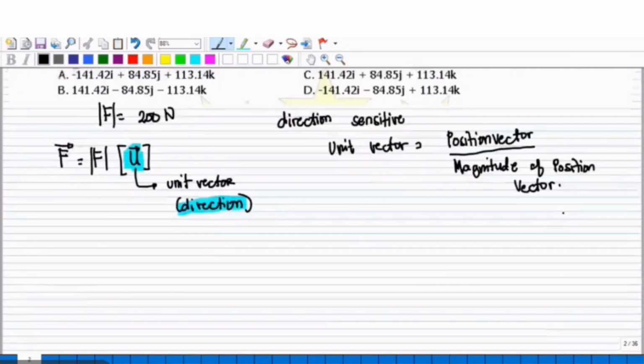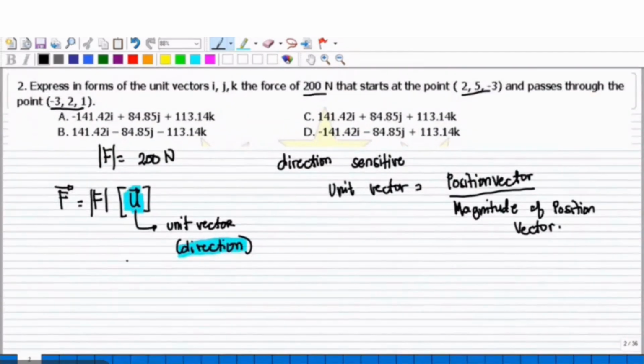So yan. Tingnan muna natin yung position vector, okay? So position vector. So ito po yung magde-determine ng direction, okay? So kung galing sa saan yung point at saka kung saan papatungo, okay? So take note po,